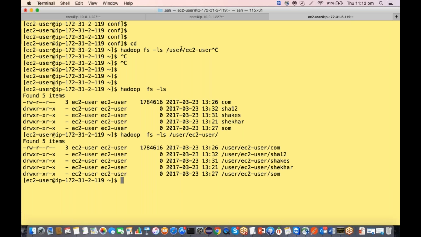Okay. Now I want to get this particular folder to my machine on the current location. I am performing this operation on the current location, where I have nothing. I will say hadoop fs -get